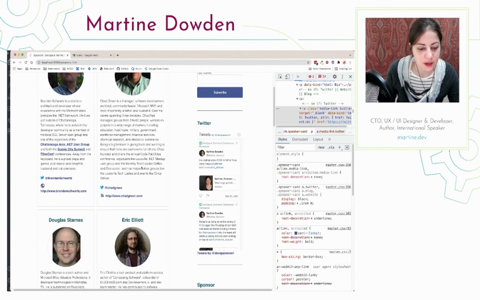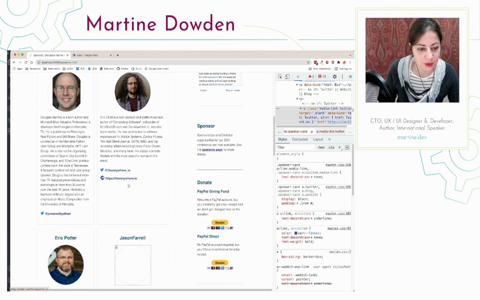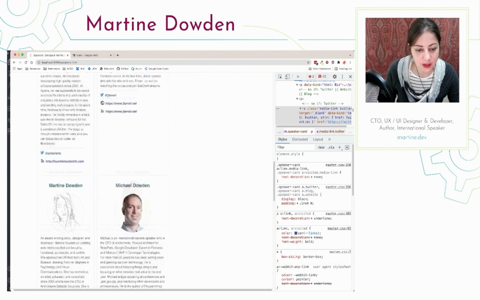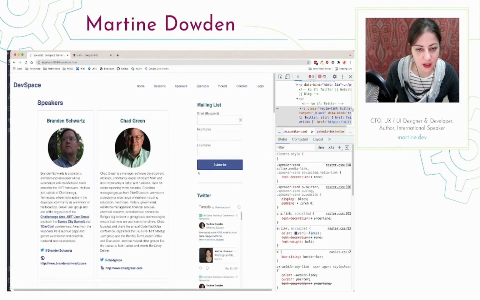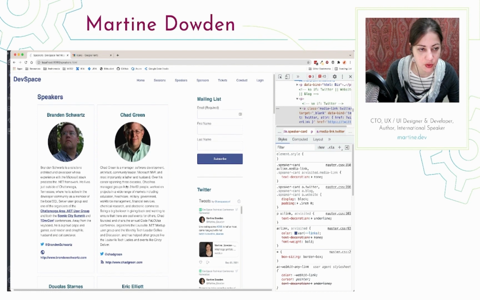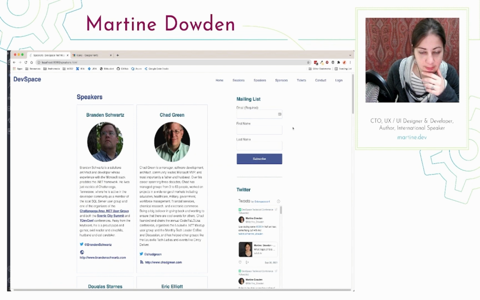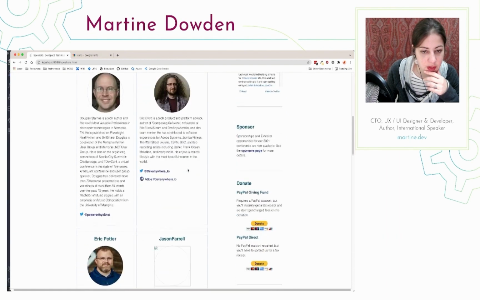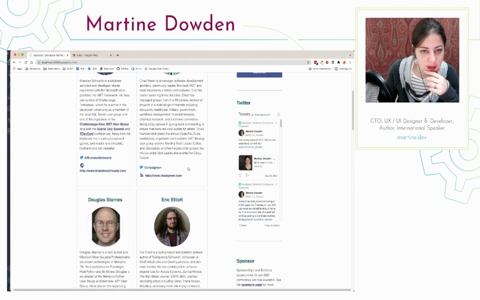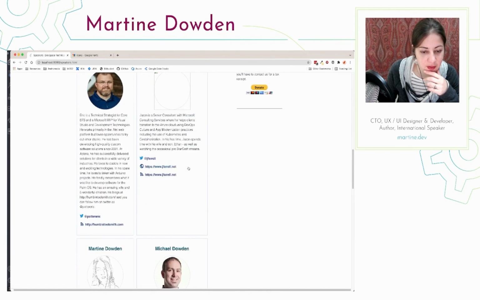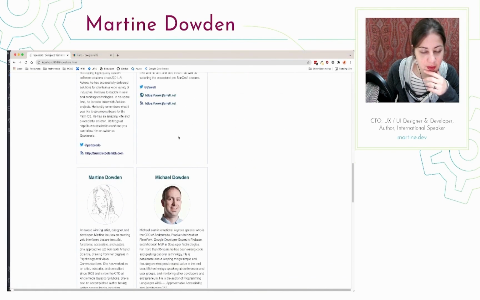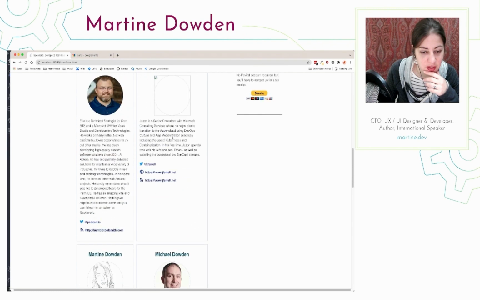Cool. And so this is where I think a masonry grid would be super cool, because see, these two have very different lengths of bios. And so I think we could do something fun. And this gives us a nice 3-column layout, right? Where you have your mailing list and your 2 speakers. If I do more than 2, we're going to end up being way too scrunched. But this is where I think masonry grid would be fun. So I think for next time we will figure out if we can get these to do a masonry,